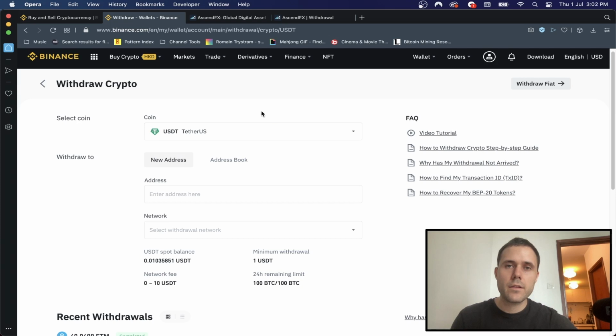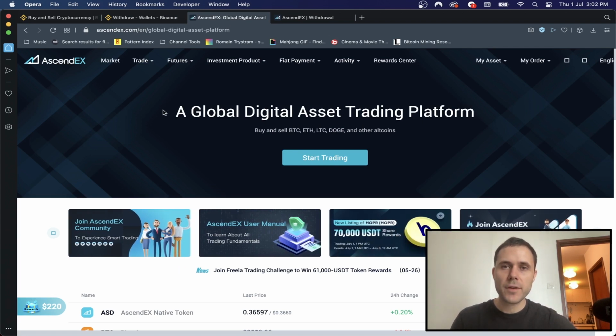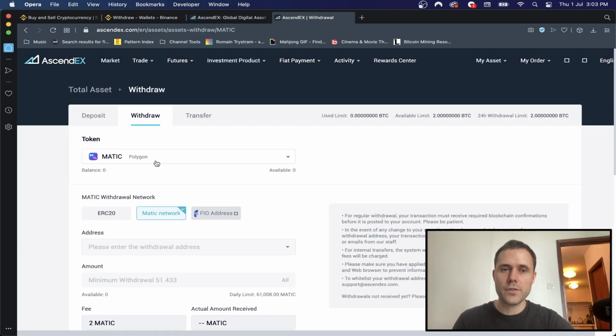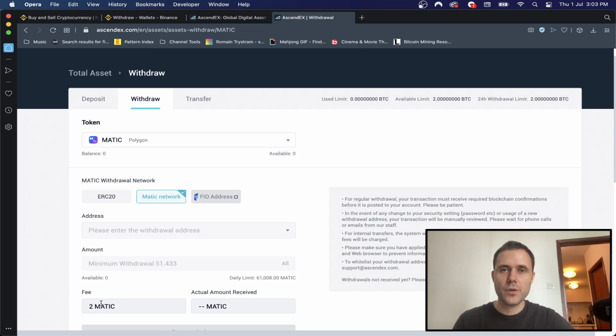and this is where we are going to use two exchanges to do this. The other exchange we're going to be using is AscendEX. I'm a big fan of this exchange. It's got a lot of withdrawals on several different chains. And the reason we'll be using the AscendEX exchange is because AscendEX offers Polygon Matic network withdrawals. We can see we can choose Matic from these options here, and we get a fee of 2 Matic, which